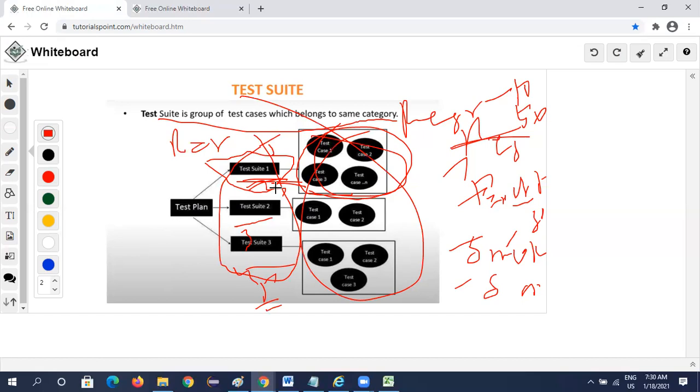How do you differentiate these in the test execution plan document? The regression testing and smoke testing test cases. The first point is we need to do functional testing, everything.